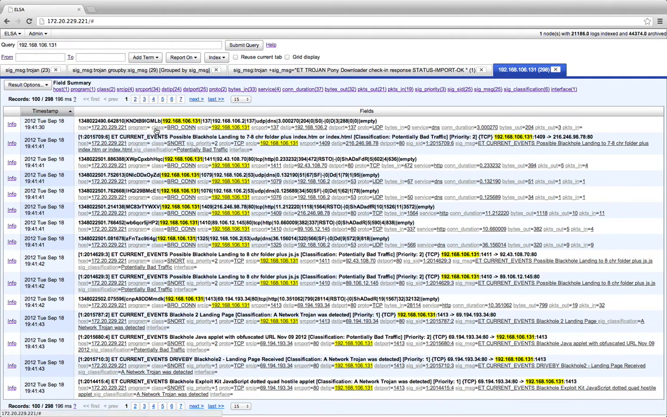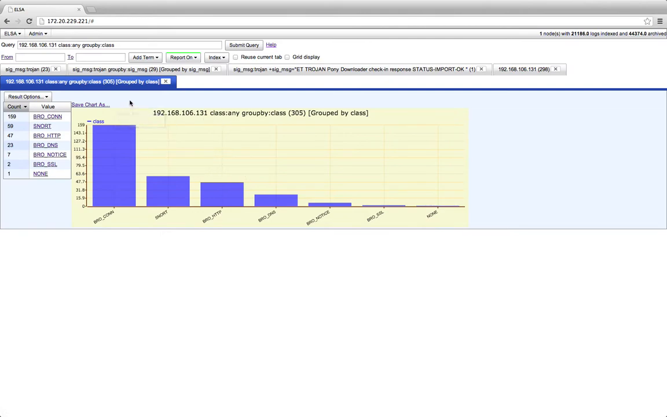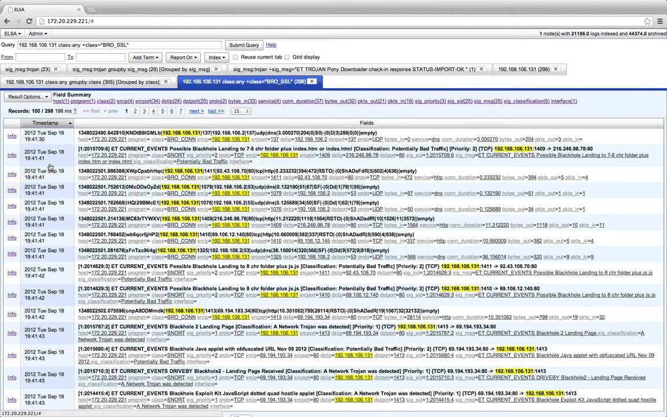Again, to get an overview, we can group by the log class. This is like a log type, and we can see that we have connections, IDS alerts from Snort, HTTP logs, DNS lookups, some Bro notices, some SSL logs, and an unclassified log. So if we look at the SSL logs,